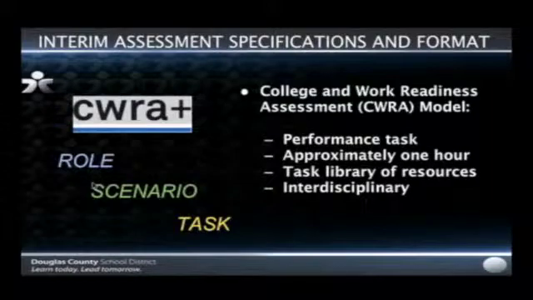So Deneen's going to go over some of the general specifications of the assessments themselves. Thank you. So to take a step back, just really quick, I just want to point out one thing about